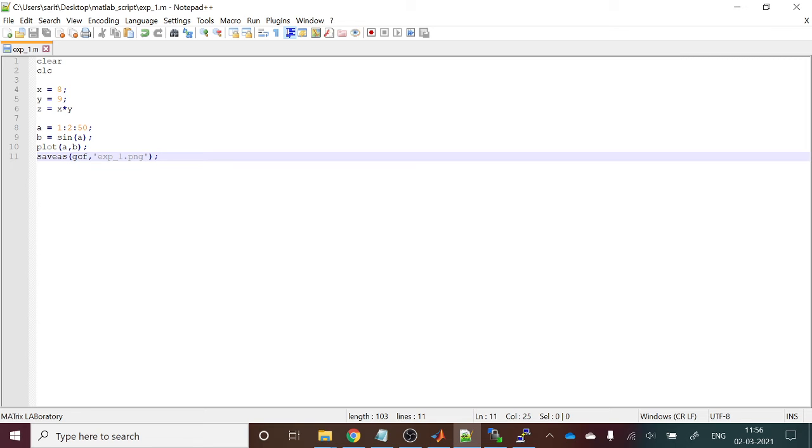So now I have modified the script. What I did is I just added variables a and b, plotted a and b, and then saved the plot with this name. Okay, example 1. Now I'll just put figure 1, something like that. This is the name of the png file. Now I have modified the code, and this code has to be uploaded to the server.